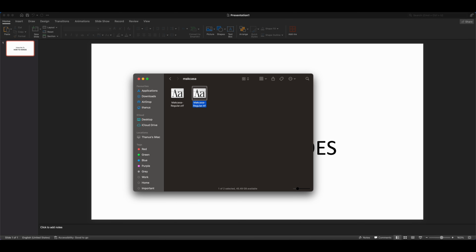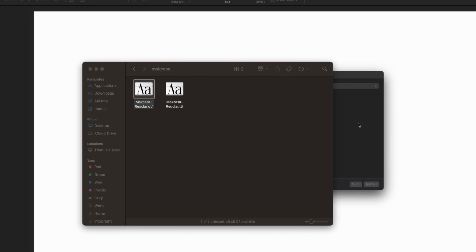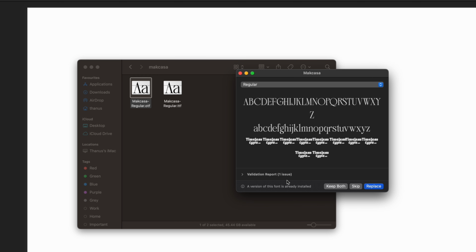One of the easiest fixes is to reinstall the font. Occasionally, Windows or Mac OS may have trouble reading the font file correctly, which can prevent it from appearing in certain applications. To do this, locate the font file you downloaded and open it again. Click Install to reinstall the font. If you get a message saying the font is already installed, go ahead and uninstall it first, then install it